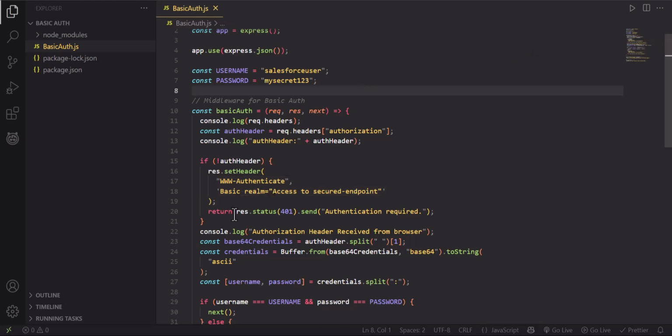And if you see in this JavaScript code, we are returning this status as well. So if the auth header is not present, we are setting this in the header, which lets the browser know that it is basic authentication, and we are returning the response with the status code, right? So we can check this as well. How do we check that? Let's go back to our